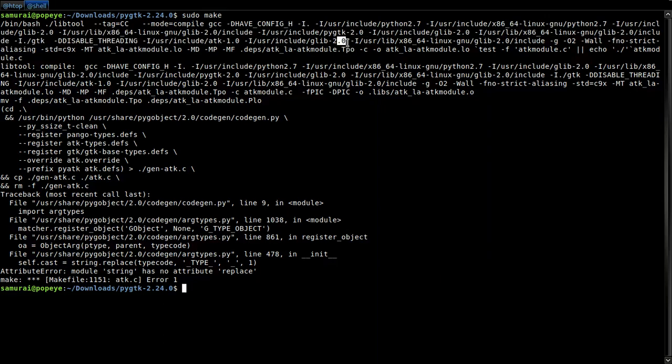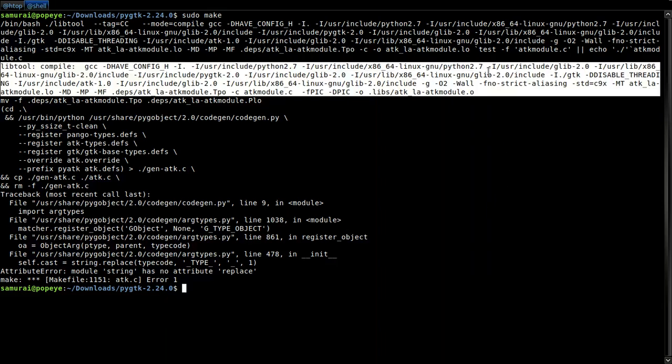Here, no error. Db2 compile. Okay. Here he said for us user include Python 2.7. And also here we already set up Python 2.7. So what could happen?